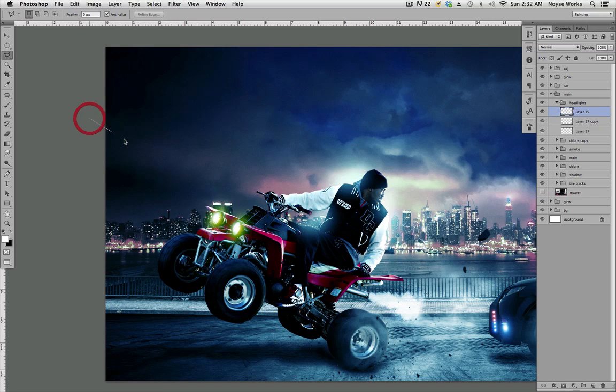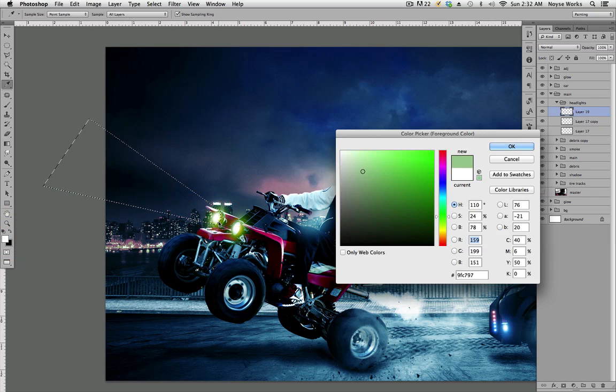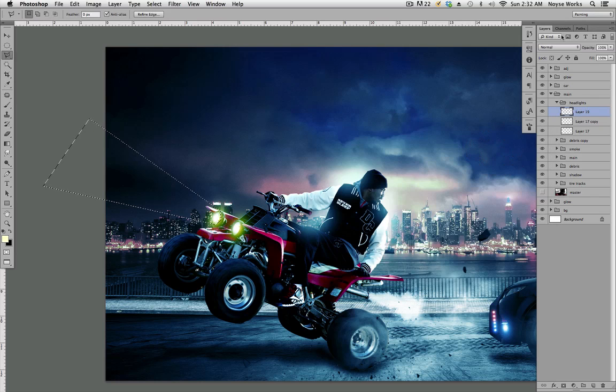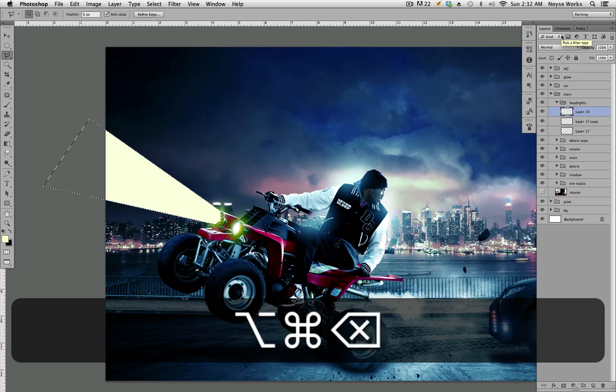I'm going to select up here and go down here, and then we'll fill that in with a yellowish tint, kind of white but a little bit of yellow tint. So to fill that in, hit Alt Delete,